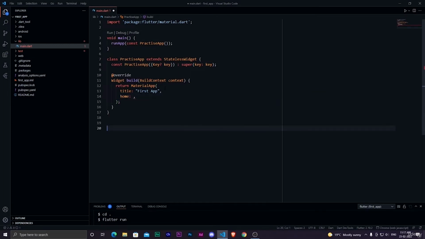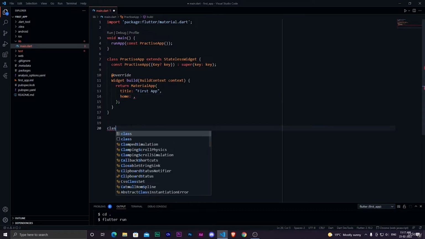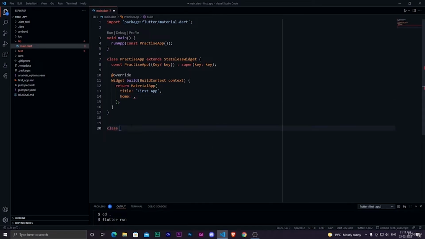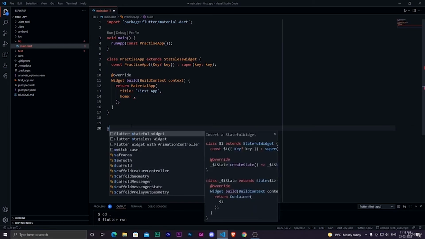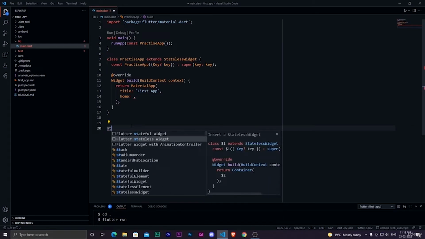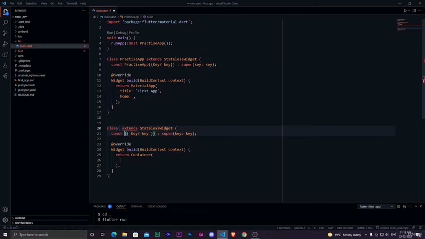So home is basically another class, the name of the class, which is the first screen that will be loaded. And to make the home, let's make another stateless widget class. And I will explain to you guys what is the stateless widget. It's the next video only, so don't worry about what a stateless widget is, what a stateful widget is. So rather than writing class, you can just write st and you will see the option. You can just select stateless and you can write home page